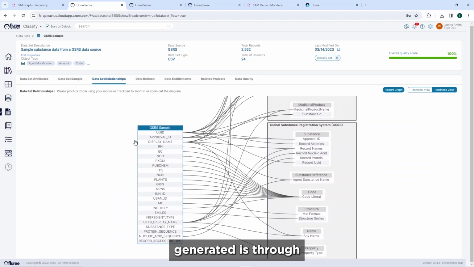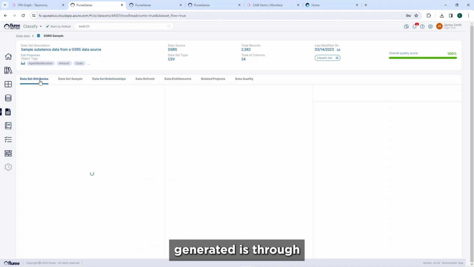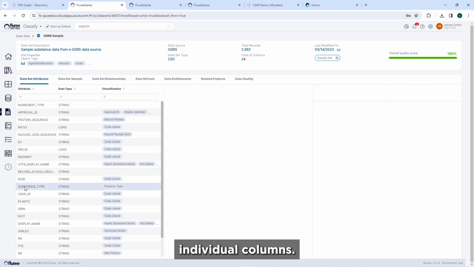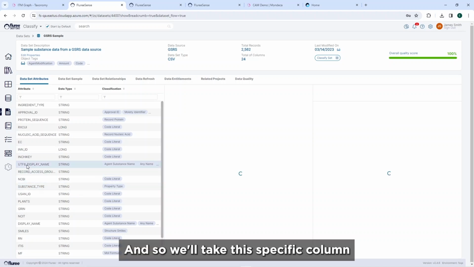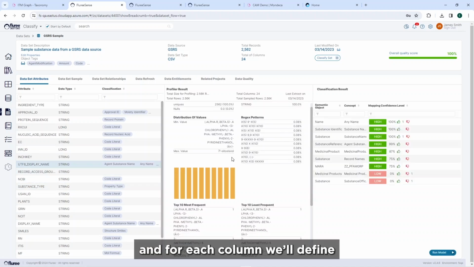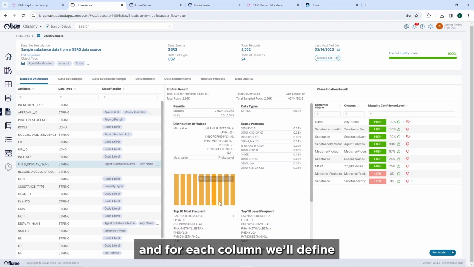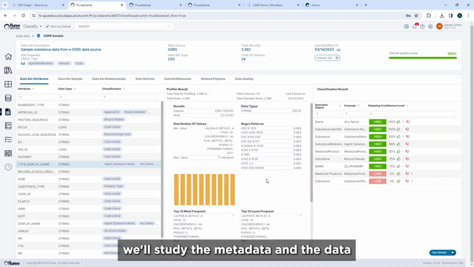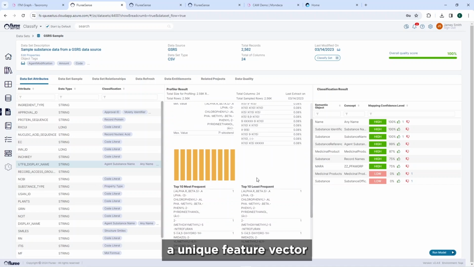Now, the way that this is generated is through AI or machine learning, where we're going through individual columns. And so we'll take this specific column. And for each column, by using its data profile, we'll study the metadata and the data and generate a unique feature vector or signature for this column.